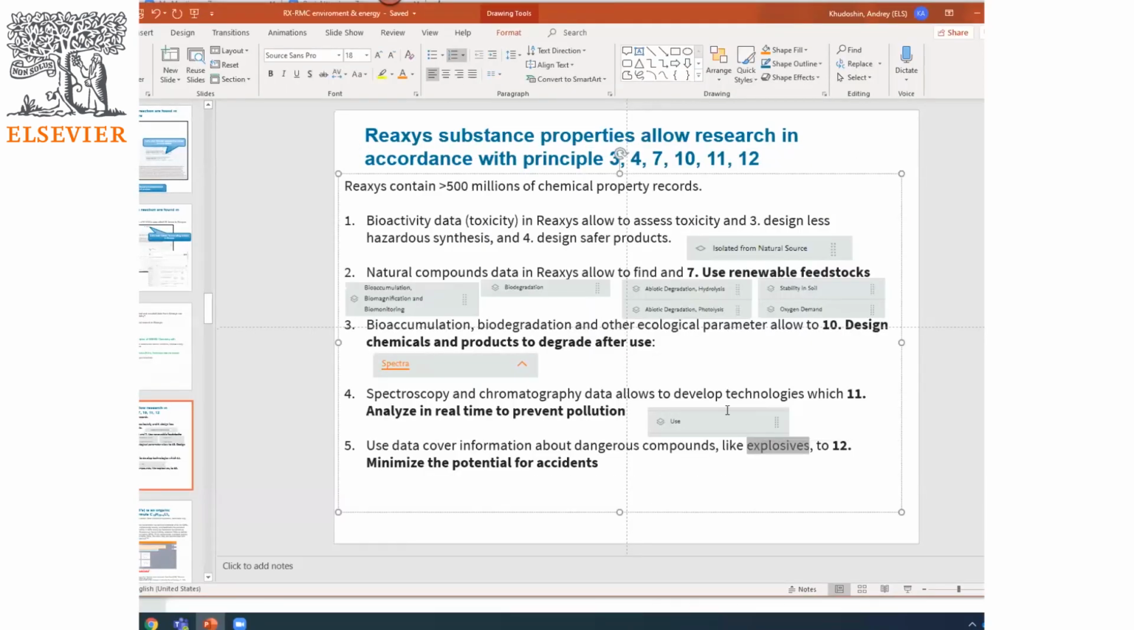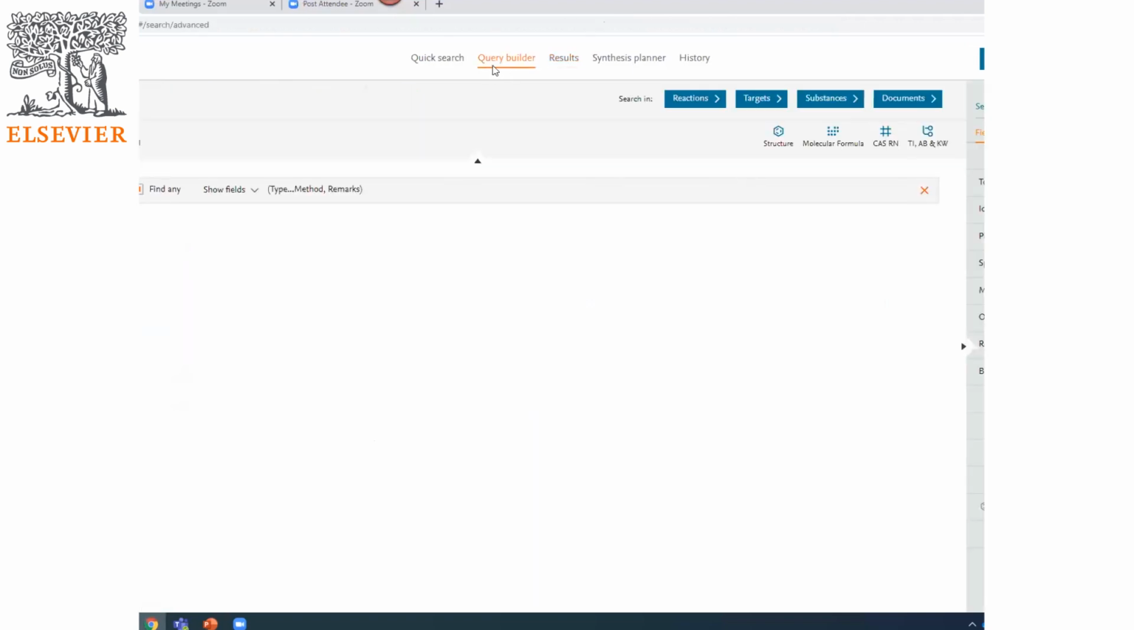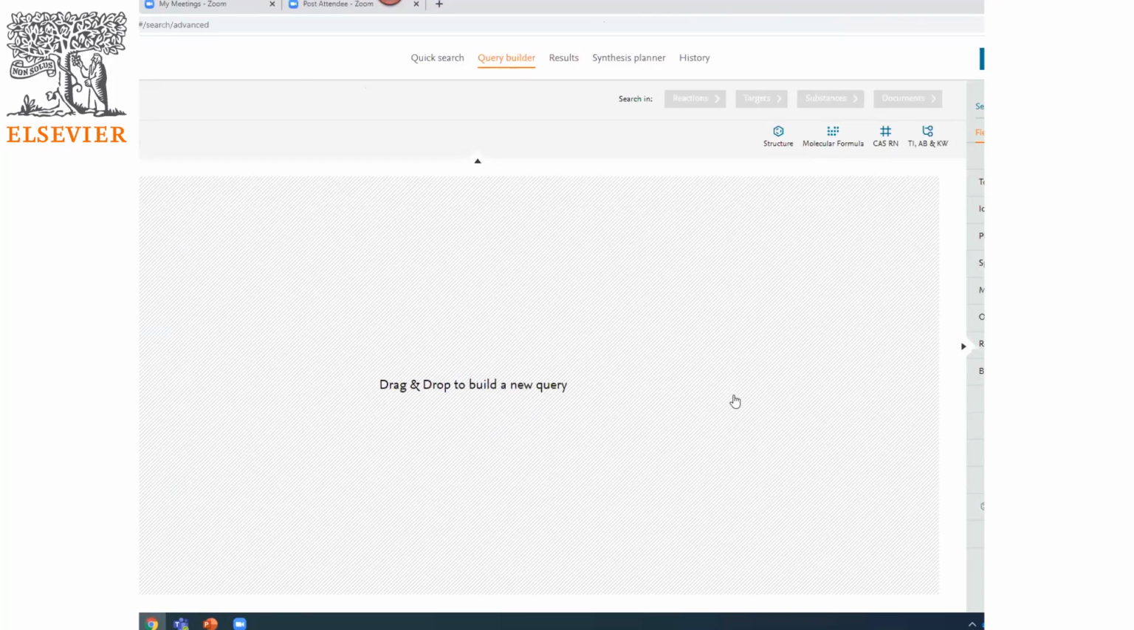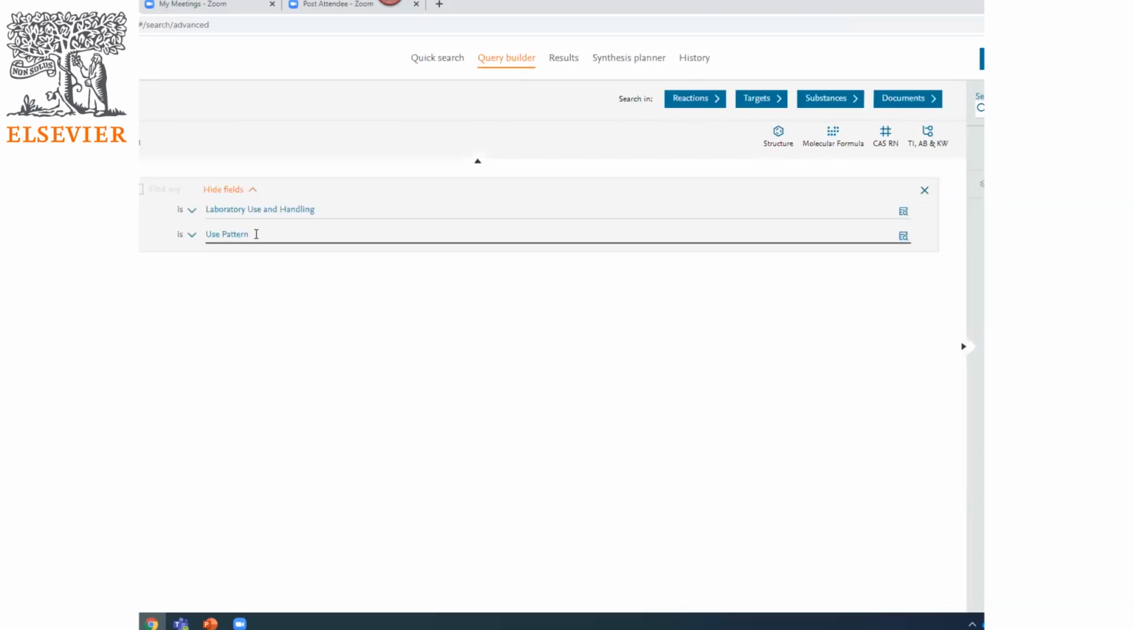How does it look, how do you use this use data? From Query Builder, you need to clear everything, and now you can go to the searchable field and type here "use". You see this search field, use. Drag and drop it, and here you see the field use pattern. As a use pattern, you can type whatever you want: corrosion inhibitor, name of a specific disease, name of the properties, desired properties, or even something like